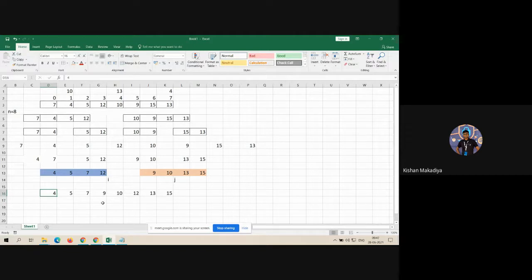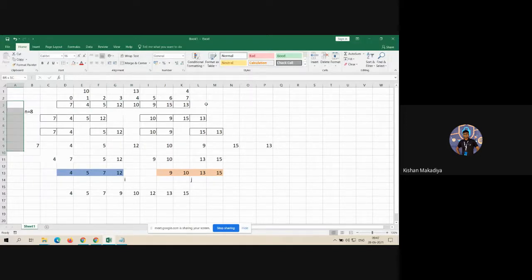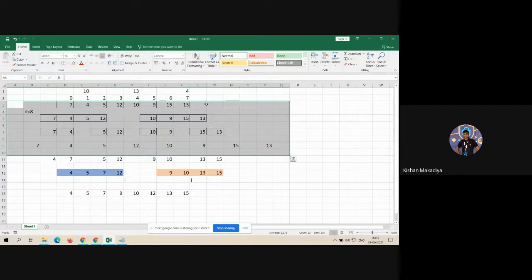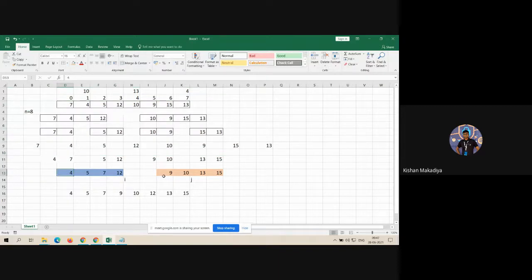See what you have done. First, you simply divide by 2, up to single elements. So this is your first step: just divide by 2 until we get single elements. After that, we have to merge two sorted arrays using this procedure.